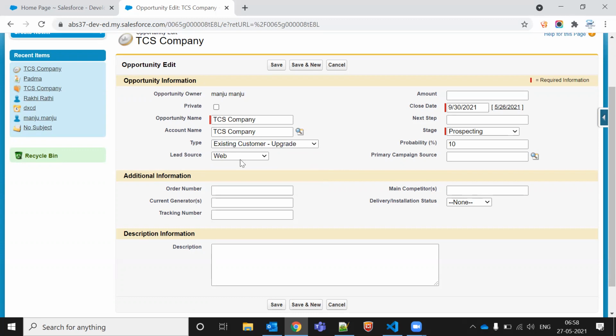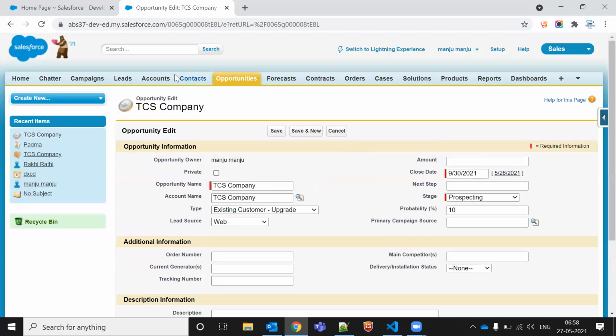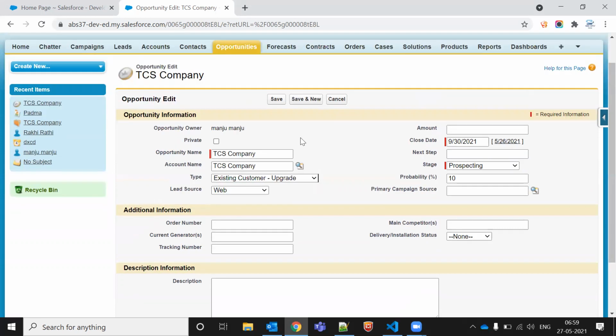Who is already our customer, like we converted from lead to account, contact, opportunity. We are working with account and contact only, but again we want to contact that person. Contact that person means, let's say they are not interested now, they are not paying money on the license base, so we are contacting them. Or else we are doing a follow up to them again for purchasing more product.